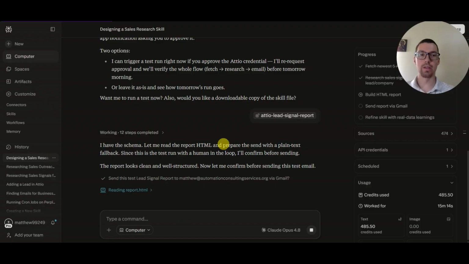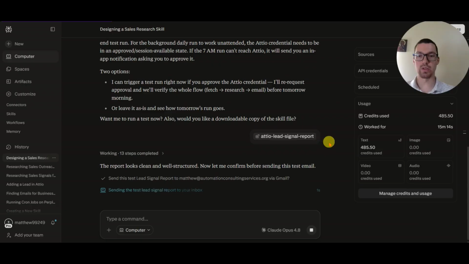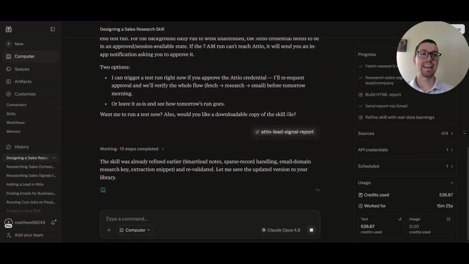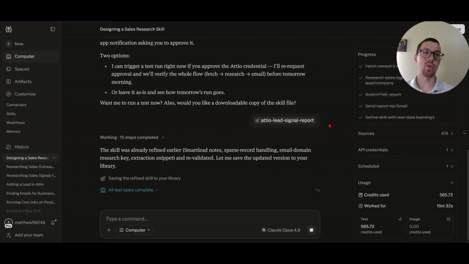One is a stale lead. The person's no longer at the company, so that's good to know. And it's finishing up. So that is what this prompt looks like on Computer. We ran the same prompt, I'm sorry, not Computer,